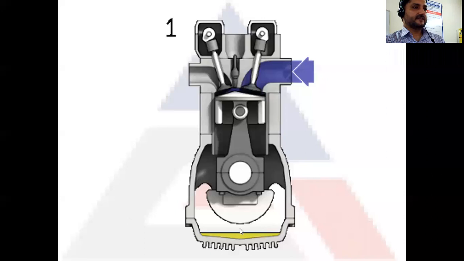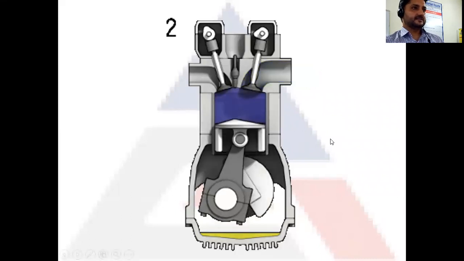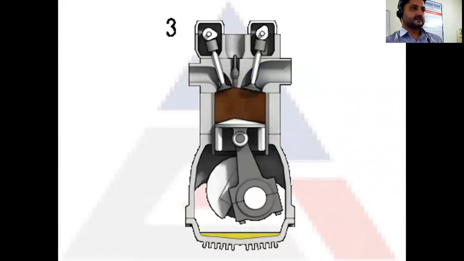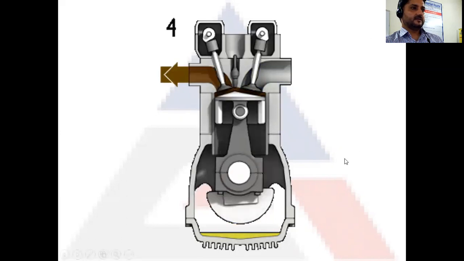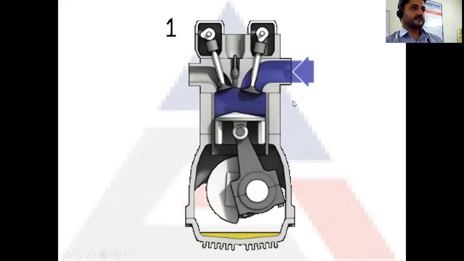And at the bottom, we have the crankcase. In the crankcase, you can see the semicircular part. This is my crank that rotates. And this bottom part is filled with your engine oil, that is used to lubricate the various parts of the engine. Okay. So if we see the working, here the animation starts. So here you can see that the first stroke is taking place.